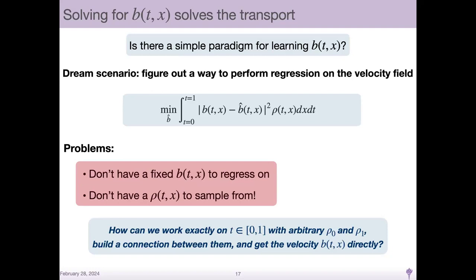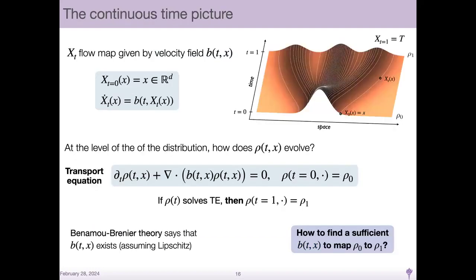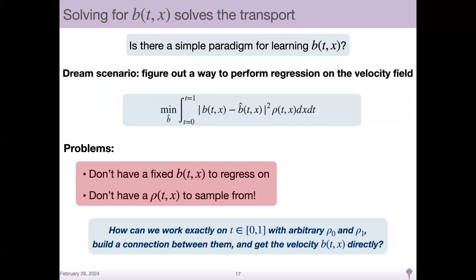And the second problem is, if I were to try to perform this regression to learn this v everywhere between these two densities to build this flow, then I need to be able to sample the time-dependent density, this rho t, at any time slice in between, right? That allows me to learn it everywhere in the interval that I care about, which I define as between 0 and 1. So how can we work exactly on this interval? Choose an arbitrary rho 0, an arbitrary rho 1, and somehow learn this velocity field under this regression problem. Okay, that's what I want to lay out.